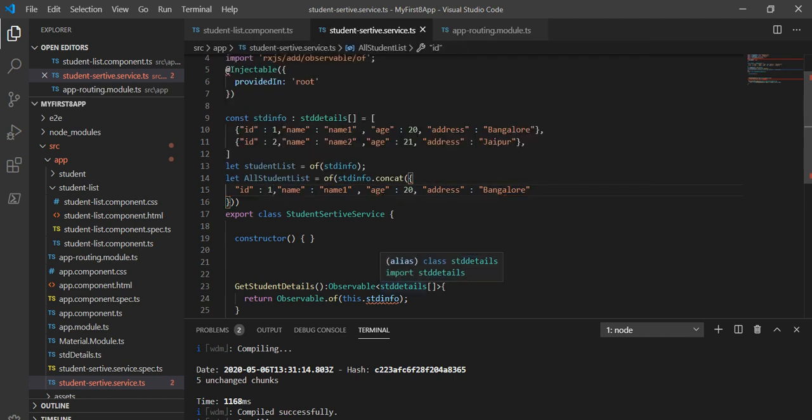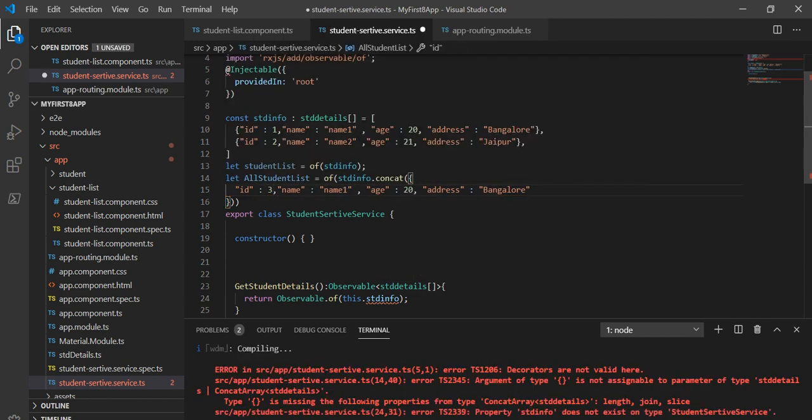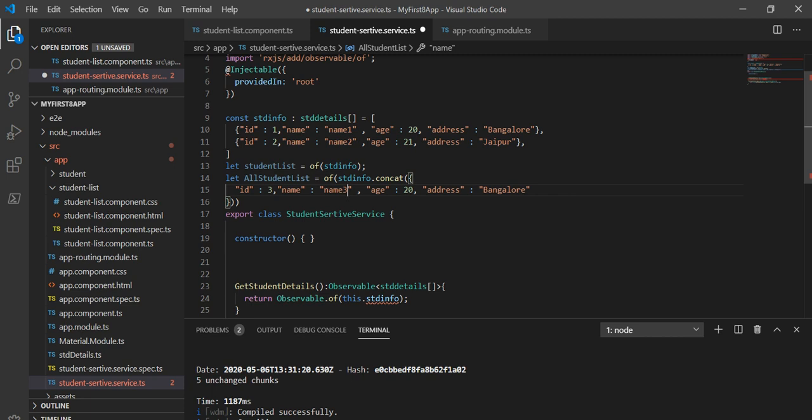So here I will take 3 and name 3, here I will take 24, and here I will write Delhi.